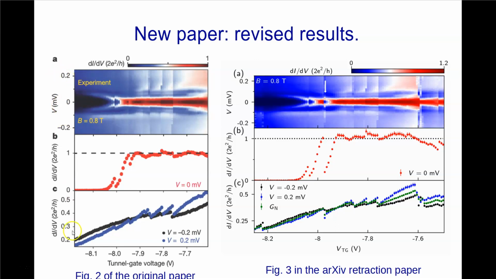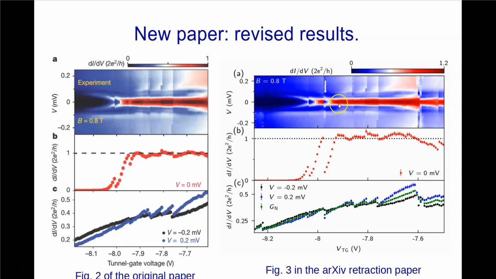It's around 0.2, and that's showing in these curves where they plot the conductance precisely at 0.2 and minus 0.2, and you see these little steps here. It's expected that at finite bias you should have some features in the conductance. Essentially, the transmission through the device will now be happening through excited states, so you might have, say, crossings in a spectrum, and that will lead to the jumps. The point of this figure is that in spite of these jumps at large bias, there should be a plateau here at zero bias, and that's the point of them showing this data for large and small bias. Now, in the retraction paper,